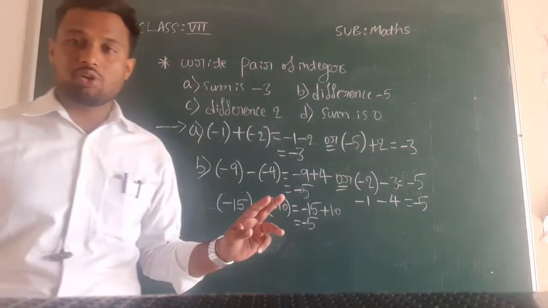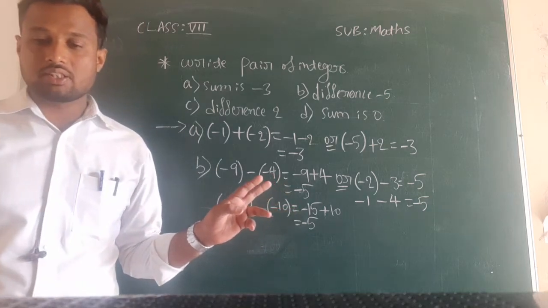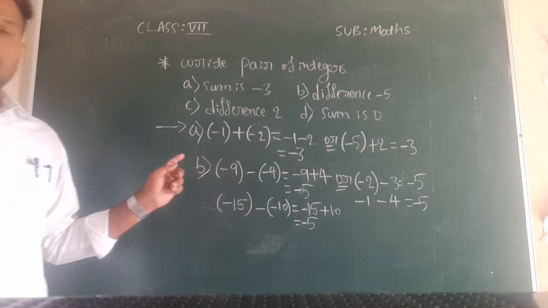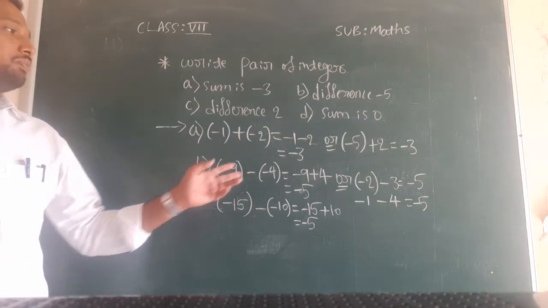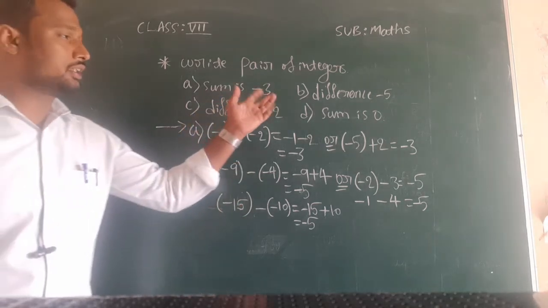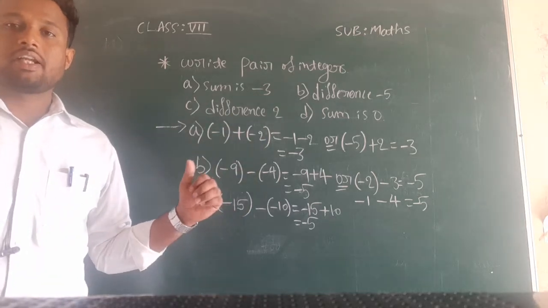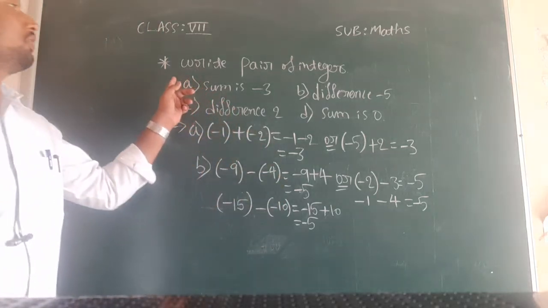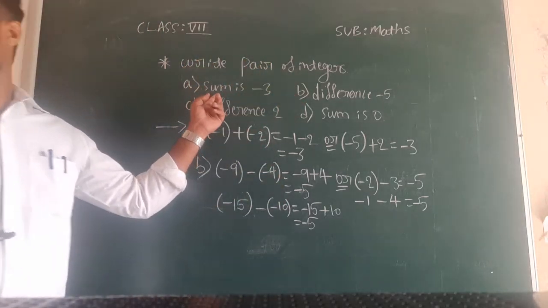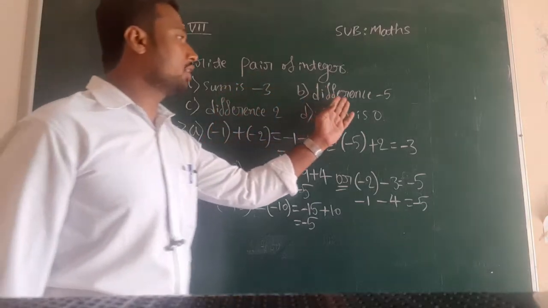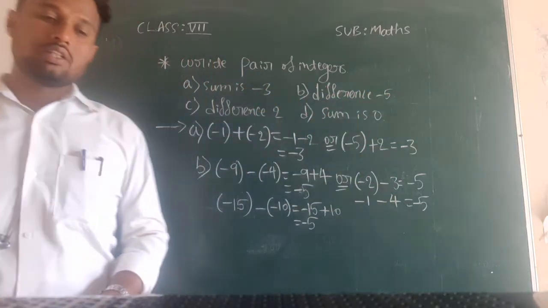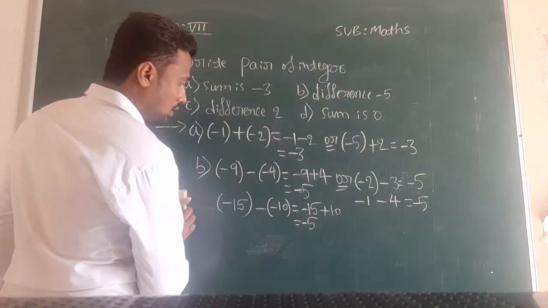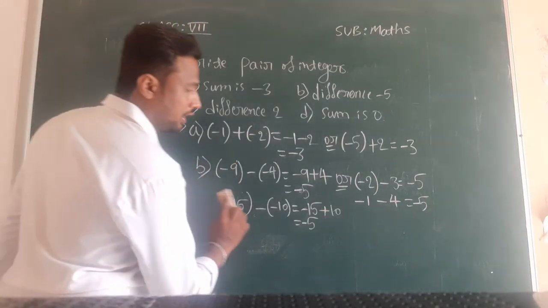Okay. In the textbook they have already given 2 answers. Try to give another answer other than this. I am now giving minimum 1 example or 2 examples for each condition. Like this only, try to give one more solution. Means try to give one more pair of integers to get sum as minus 3 and difference as minus 5. Okay. Let us see the next one. Just pause the video and you can write.